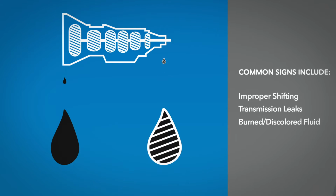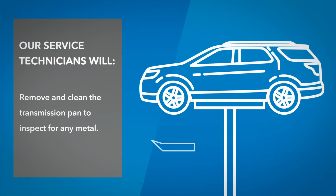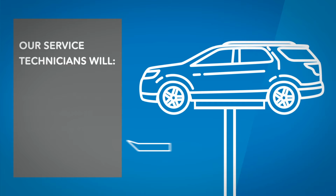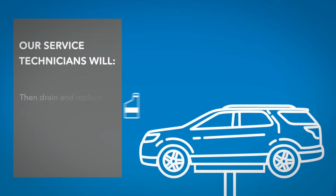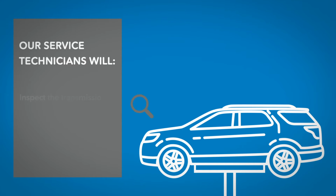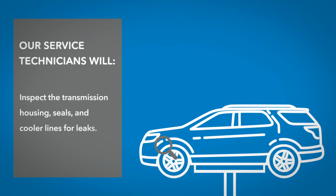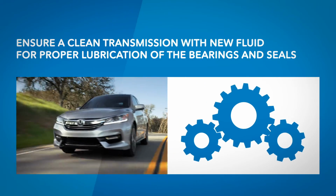transmission fluid. At Klein Honda, we will remove and clean the transmission pan to inspect for any metal, replace the filter and gasket, then drain and replace the transmission fluid, as well as inspect the transmission housing, seals, and cooler lines for leaks. Ensure a clean transmission with new fluid for proper lubrication of the bearings and seals to extend